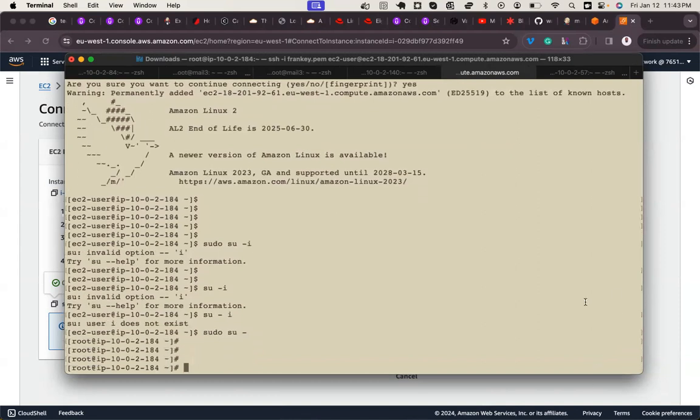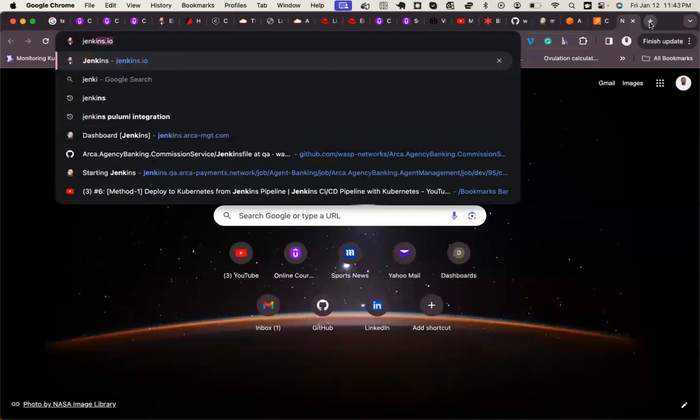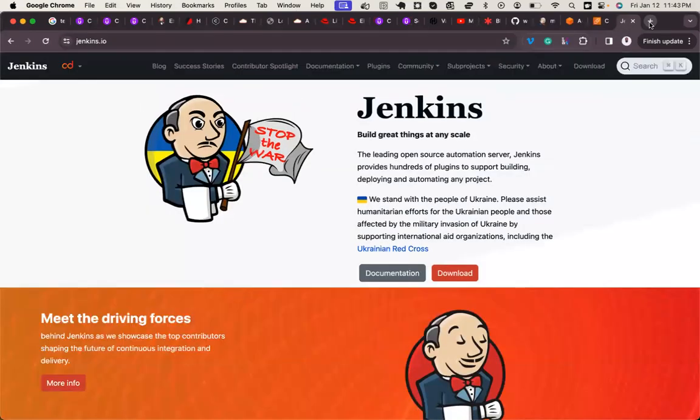So now go to the Jenkins official website. The Jenkins official website is jenkins.io. Jenkins.io. So now, once I open the Jenkins official website,